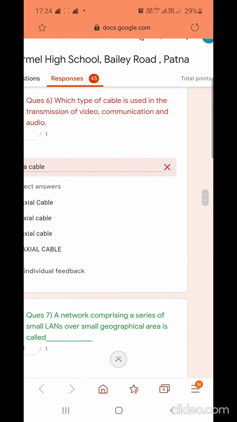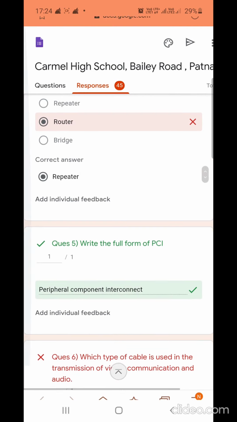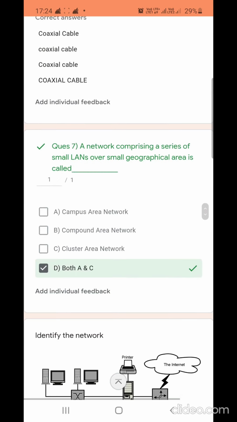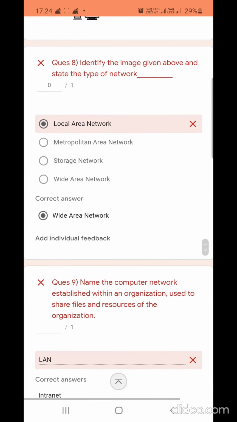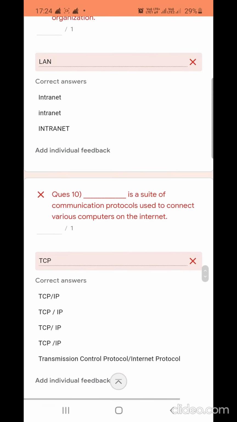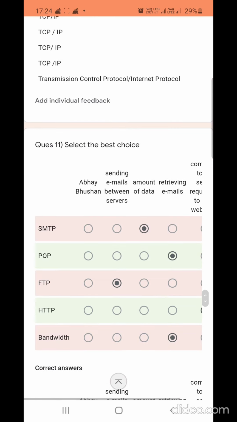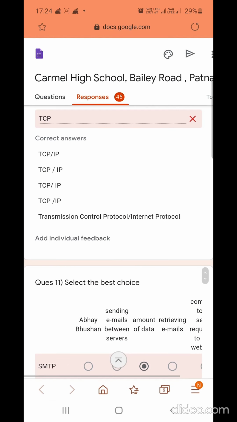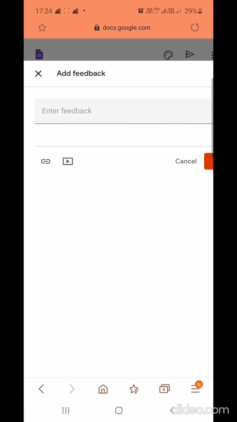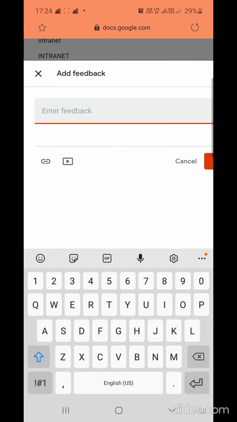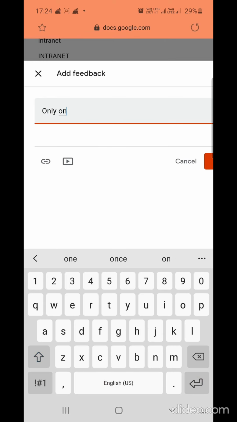Now we can see that everything evaluated by the online evaluation is correct. We don't have to do any type of correction in it. So we can come back. Now here, if I want to give any remarks for her answer, I can click on add individual feedback, and type here